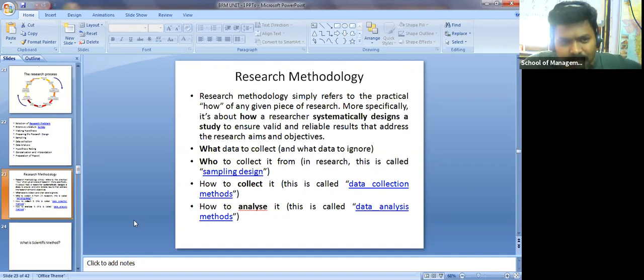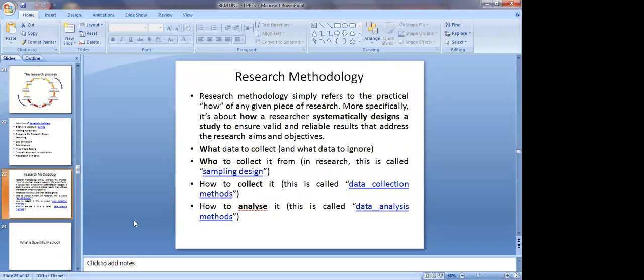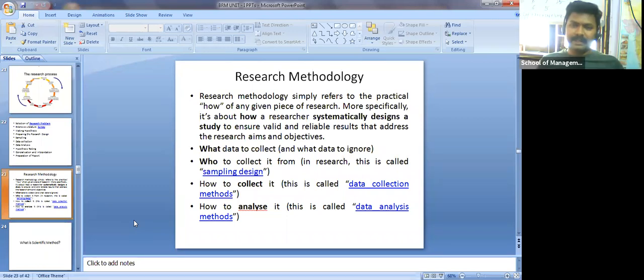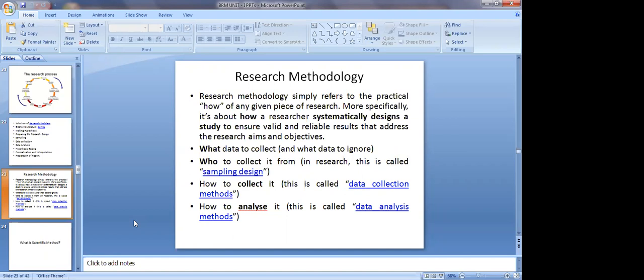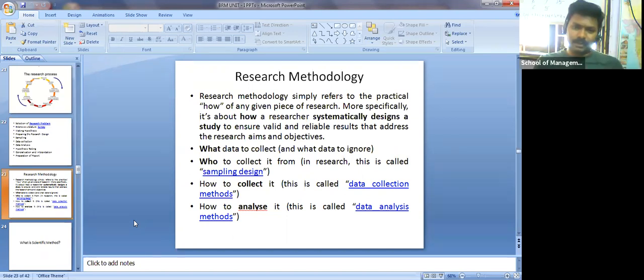What do you mean by Google form? I think you know. Is there anyone? What do you mean by Google form? Online data collection method, right? So on paper, you write your questions, and the same questions you enter into a Google form, and you send that link to your friends. Wherever they are, or even if they are traveling or watching a movie, they may open that link, and once they fill it in, you immediately get the answers.